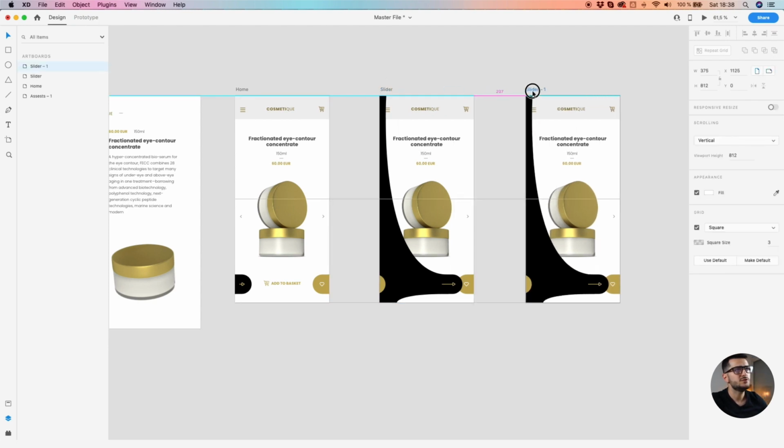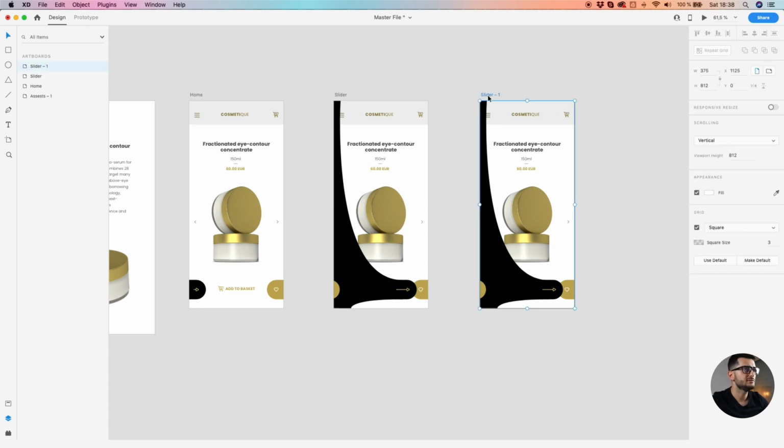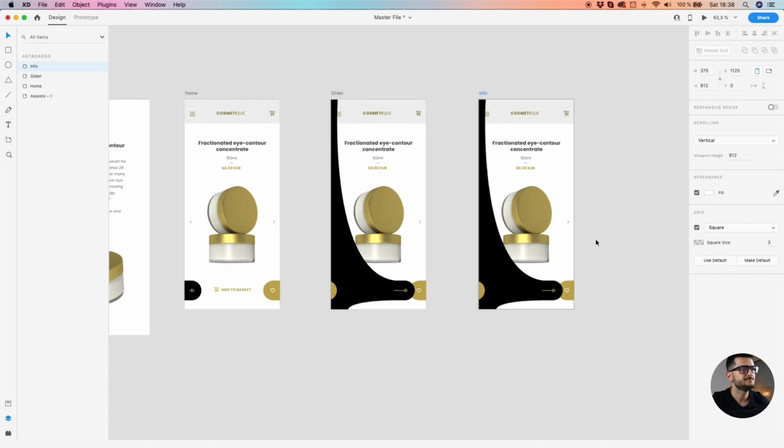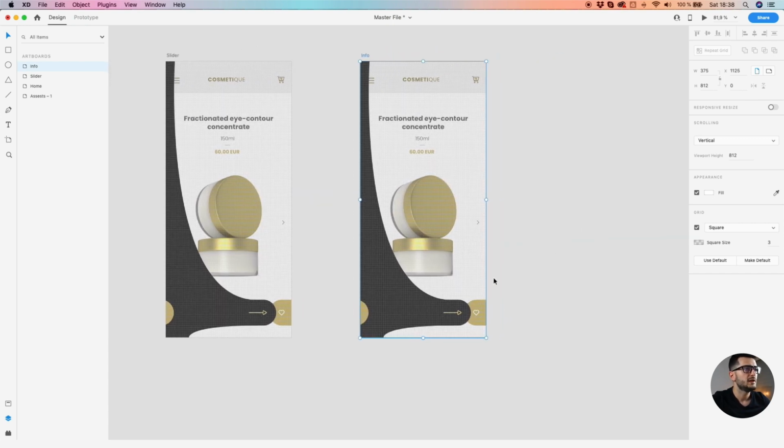Let's make a new copy of the entire artboard. Let's name it info, because in this artboard we're gonna use the information for the product that we're using right now. Okay, and in this state, in this artboard, sorry,